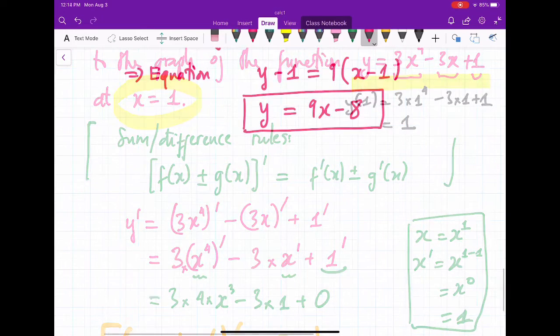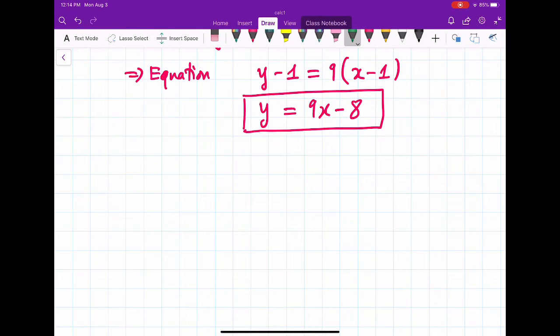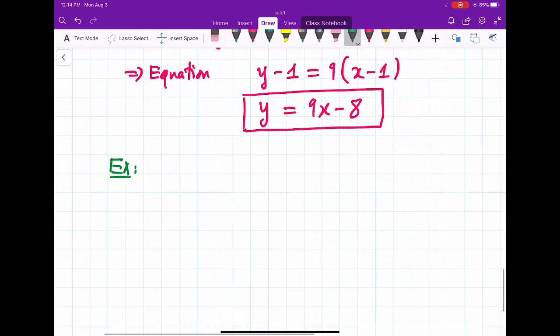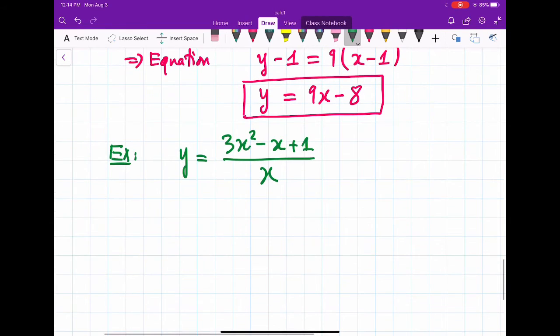Okay. Now let's consider another example, and I think that is also a very typical one. You have function y equal to (3x squared minus x plus 1) over x. You need to find the derivative of this function. So you see again, the function is fractional, or we say rational. You have one function divided by another. We don't know the quotient rule, we don't know how to find the derivative of this function,